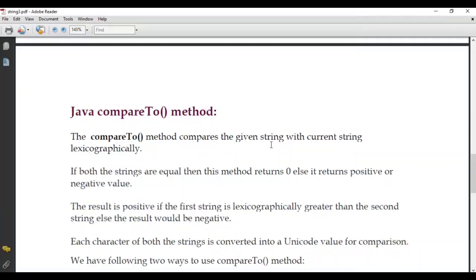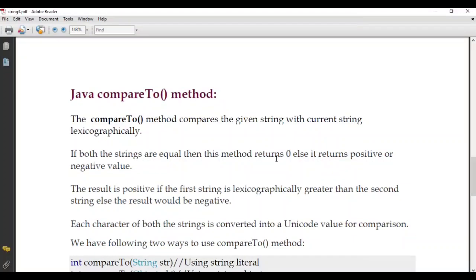What it does is it compares a string with the current string lexicographically. What does lexicographically mean? It compares character by character. So it is going to return you 0 value, positive value or negative value. It returns 0 when both the strings are equal.